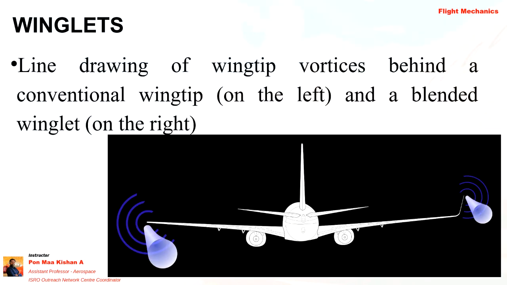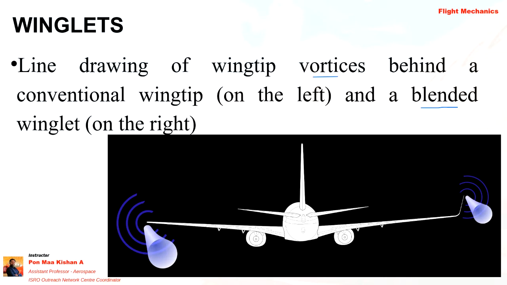So I hope many of you know this, but for those who do not, this is the image. The left hand side is shown without a winglet, and the right hand side is shown with the winglet. This is a blended winglet, so the shape is called blended because it blends in shape. On the left side, the vortex formation will be higher, and the energy of the wing tip vortex will be larger.